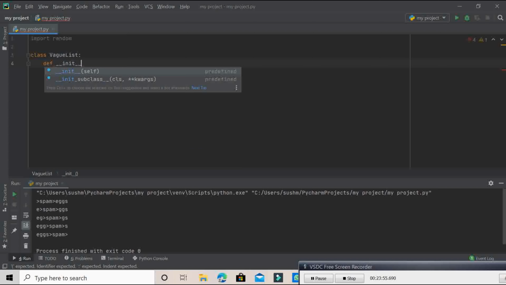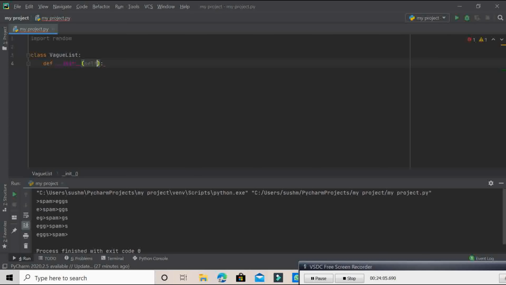A lot of people confuse int or init. Int is integer and init is a function. Okay, like self comma